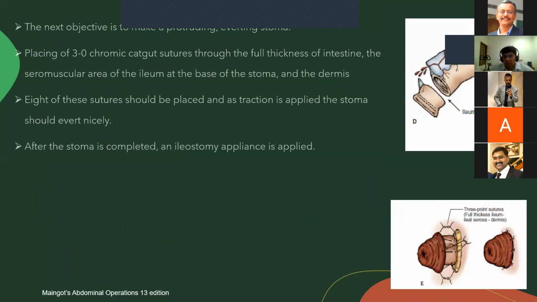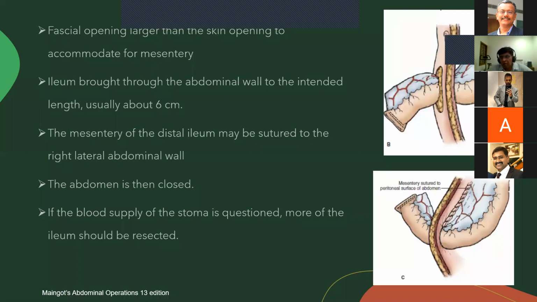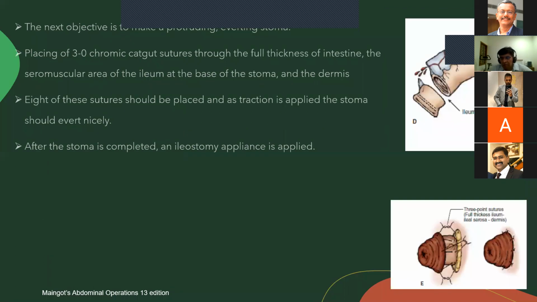Sorry to interrupt again. The word is not retraction. Retraction actually means the ileal loop going back into the abdomen. So if there is a stoma and you think that the stoma is looking ischemic, you have to pull it out further. Yes, sir. Resect a further length of the terminal ileum. Make sure that the edges are bleeding well and that the part that you're bringing out is not ischemic, and then fashion your stoma. Okay, sir. Okay, go on.